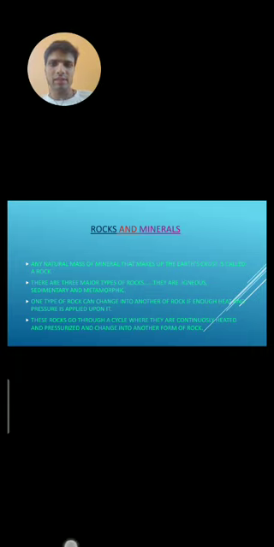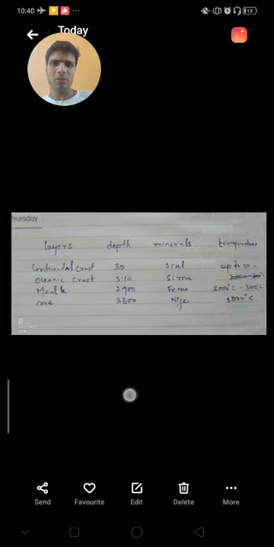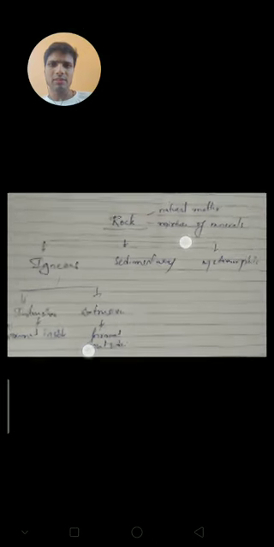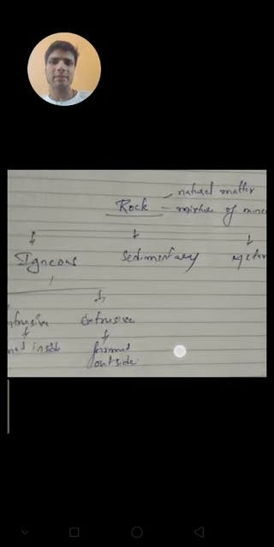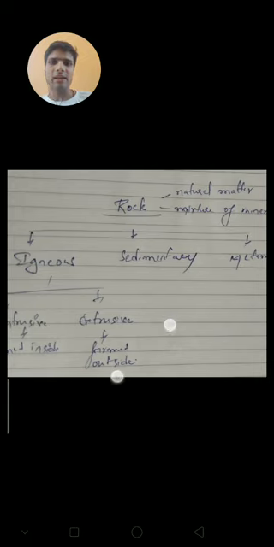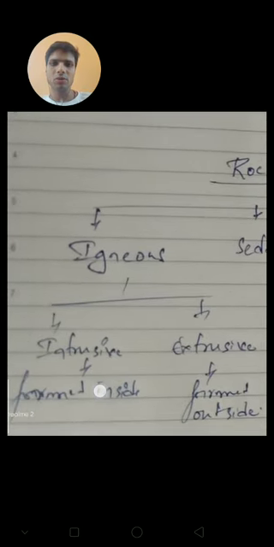So let us see a rough picture of these rocks and how to understand them. First thing is rock. A rock is nothing but a natural mass of matter. And second point, a rock is a mixture of several minerals. And rock has three forming types: igneous, sedimentary, and metamorphic rock. Igneous rock is again made up of two types: intrusive and extrusive. Before understanding this, let us first understand what igneous rock is.